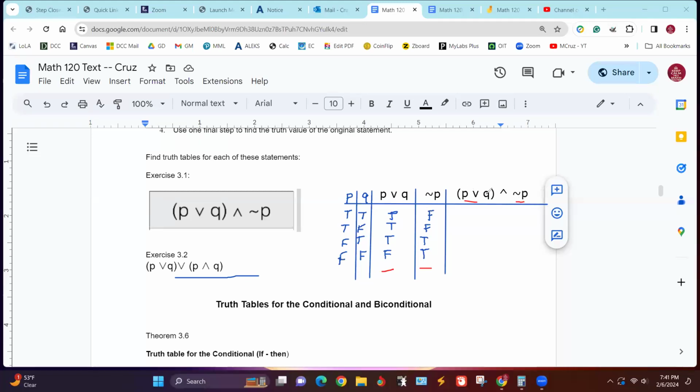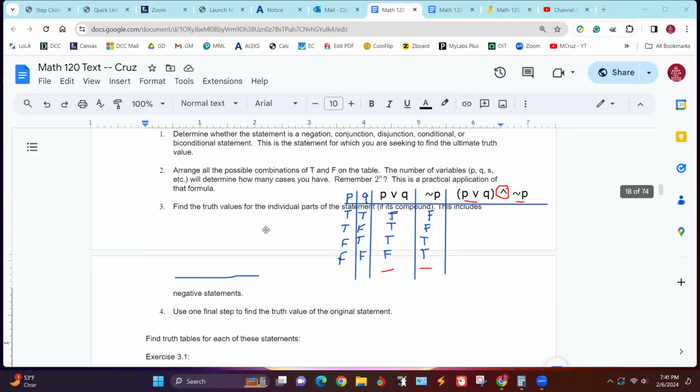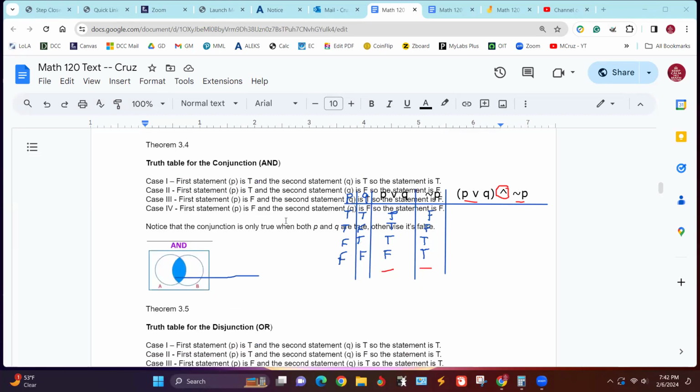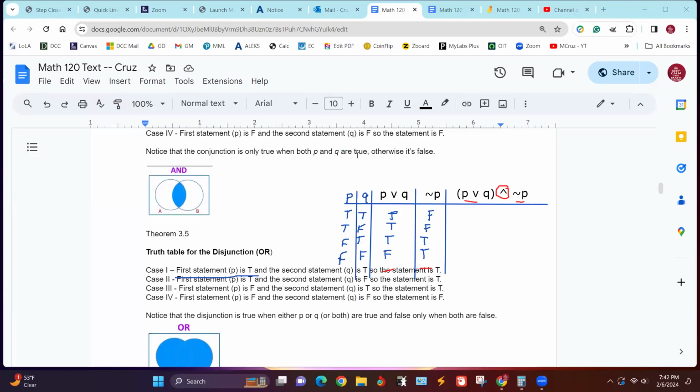We've condensed P or Q down to 1 column, and we've condensed not P down to 1 column. Now we're doing the operation here. In other words, we're using and to put these 2 together. And so what and was, the conjunction is only true when both P and Q are true. Otherwise, it's false. It's just got to have one false to spoil it.